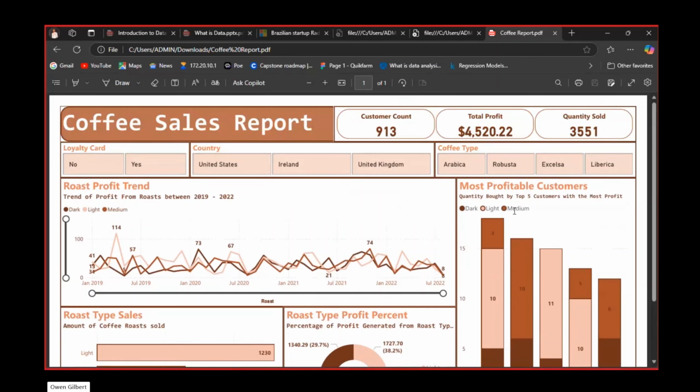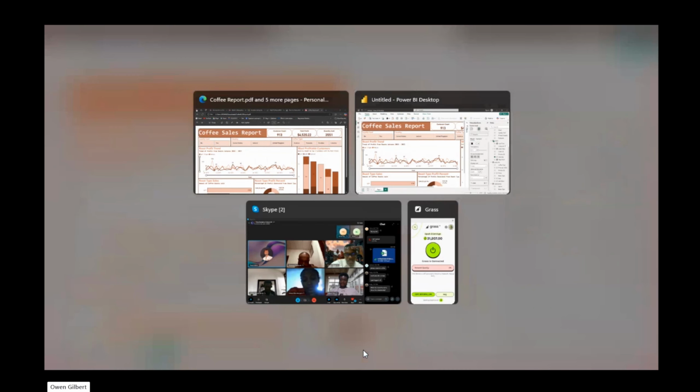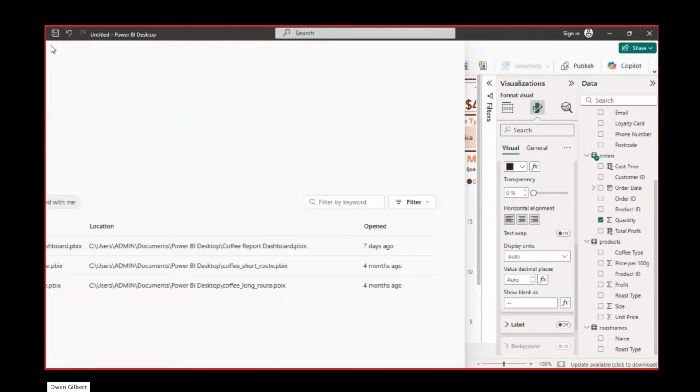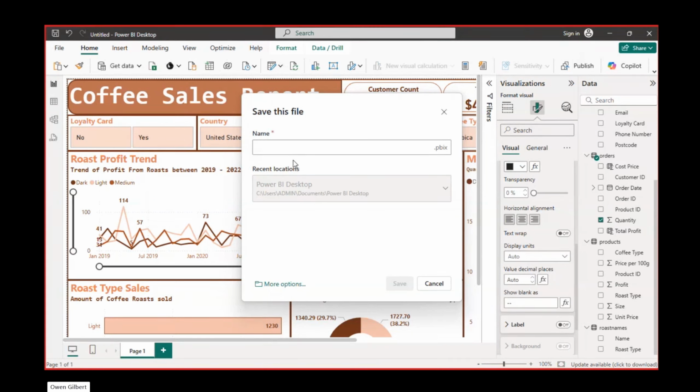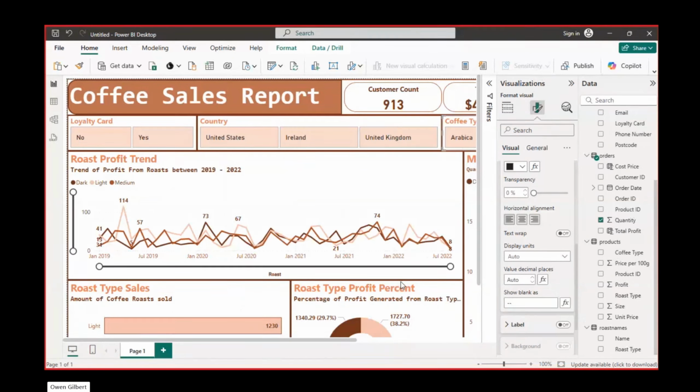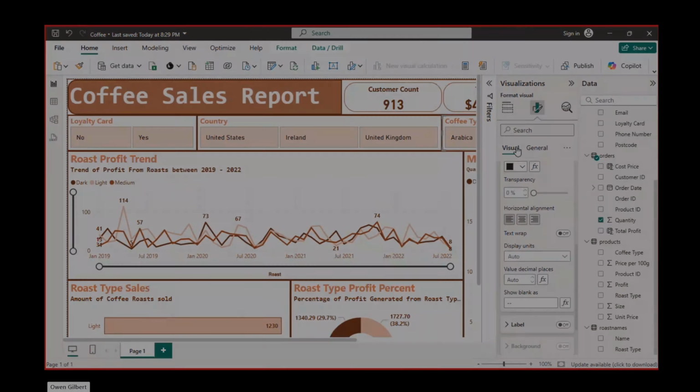Now, as a picture, it is not going to be interactive. If you want to share the interactive dashboard, you're going to share the Power BI file. What I have to do is save, give it whatever name, coffee. I could save it. And then when I share this with you, just like how some of you shared your assignment with me as a Power BI file, then I could have access to this. So I'm going to share this as well as our